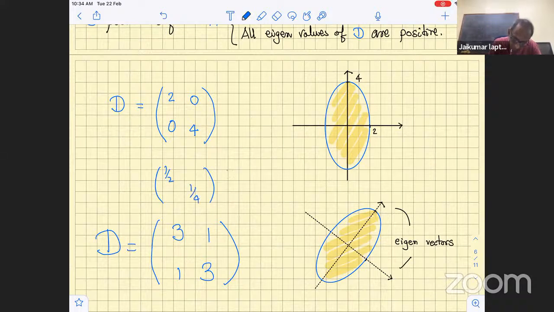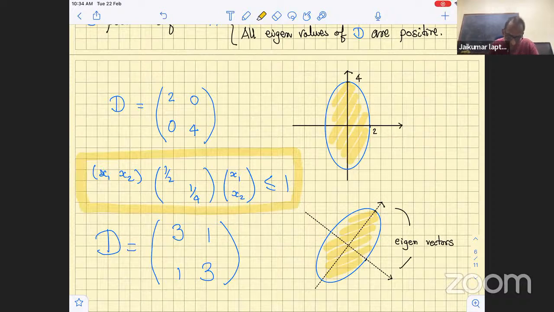And now you are multiplying it by x1, x2, and we are setting this to be less than 0. All those points x1, x2 which satisfy this